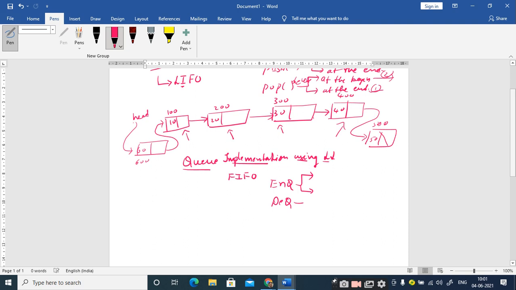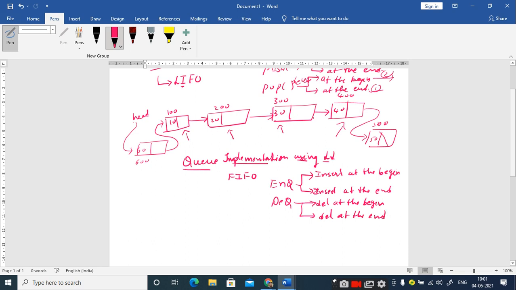It is nothing but insertion. I can make it insertion at the beginning, or I can implement enqueue as insertion at the end. Similarly, the dequeue operation can be implemented in two ways: deletion at the beginning and deletion at the end.